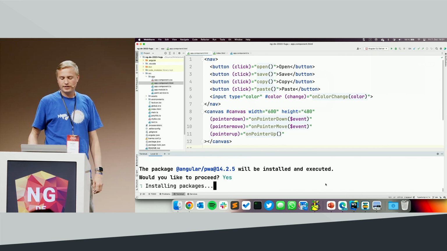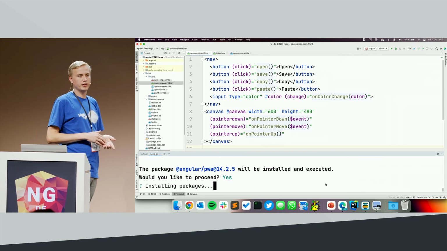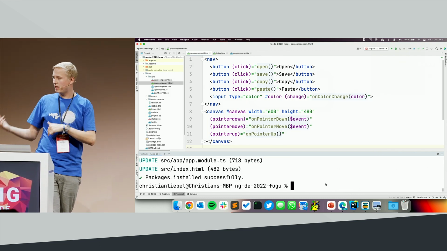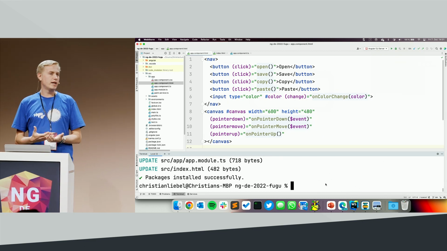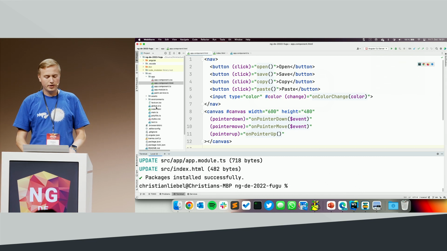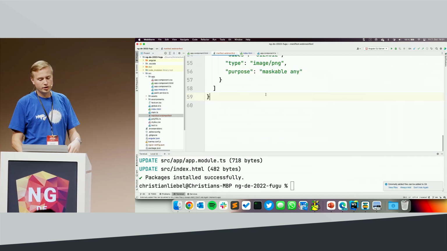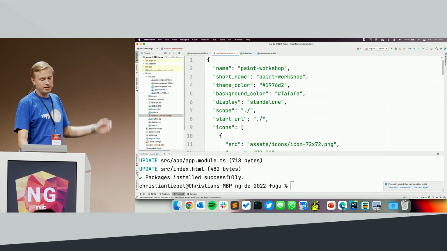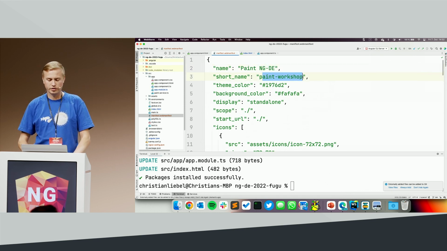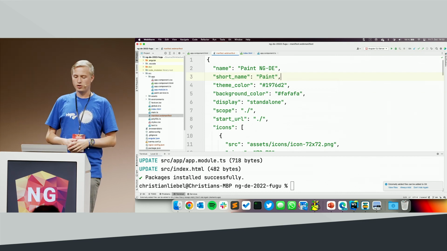What it does is it adds those two things to my application. First of all, it adds a web app manifest, again for the appearance and behavior of the installed app, and it enables service worker generation for production builds. So here we can now find the web app manifest. It's just a JSON-based file, and for example, I can update the name here. I want the name to be Paint NGDE, and I can also specify a short name that is used on mobile operating systems,